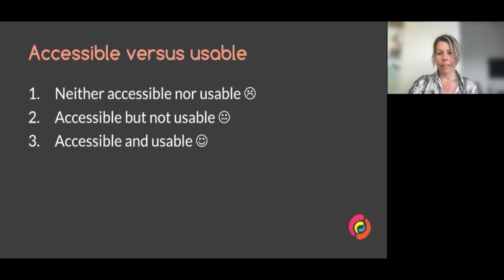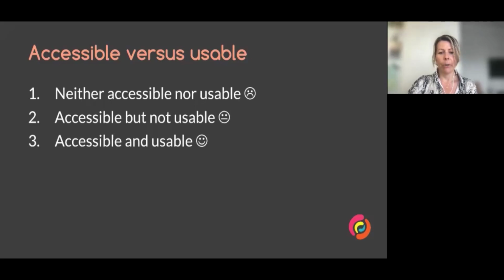Would you believe me if I told you that you could have a fully accessible disabled button in terms of compliance with the Web Content Accessibility Guidelines, or WCAG for short, but that it's unusable for many users with disabilities? On the slide, you can see 3 different scenarios. Number 1 is the worst case scenario, in which a button is neither accessible nor usable.